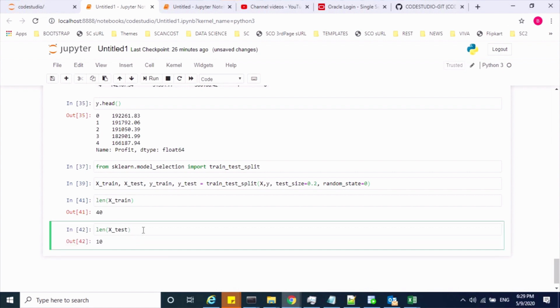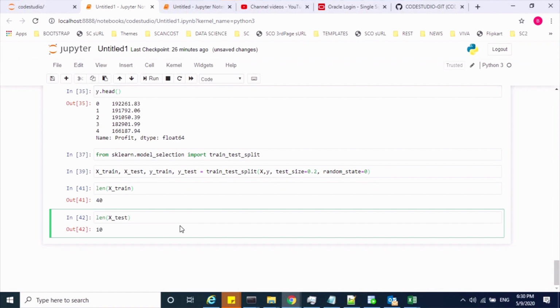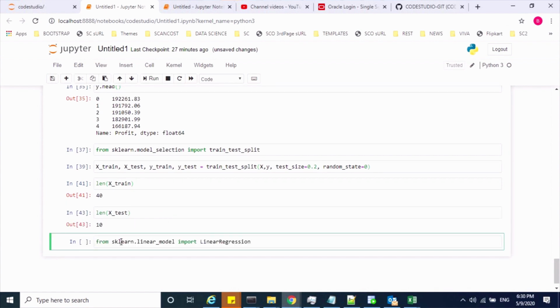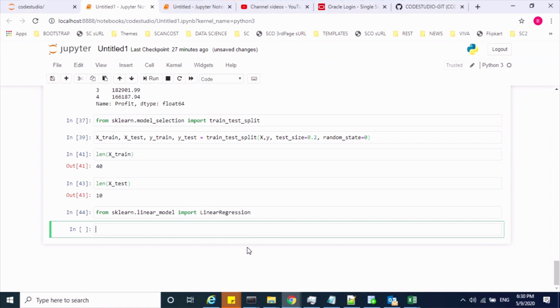As we have already split the data into a train set and test set, now we can implement the model. Now to implement the linear regression model, we have to import a library called sklearn.linear_model, and the class would be LinearRegression. So basically here is the library, sklearn.linear_model, and LinearRegression will be my class. So let me create a model object, multilinear. So I just created a model object.